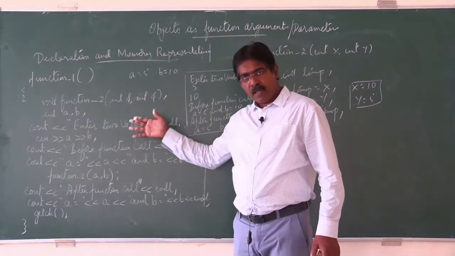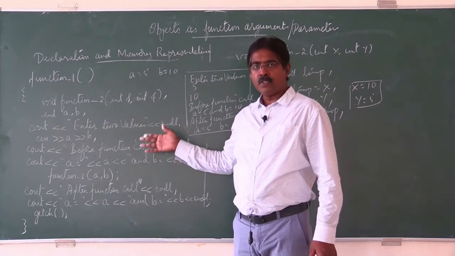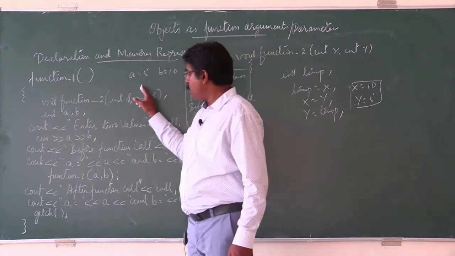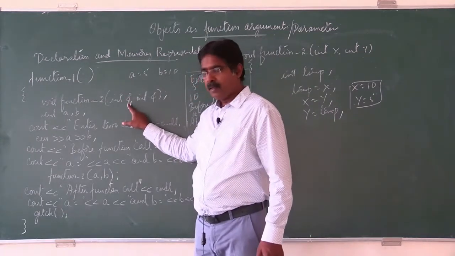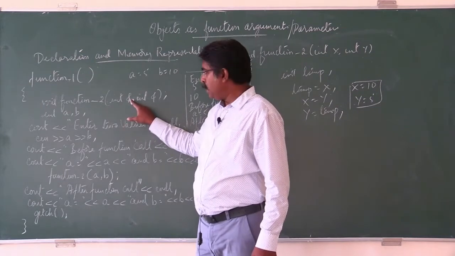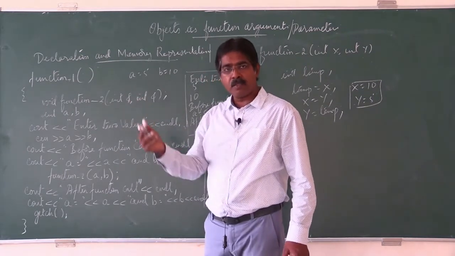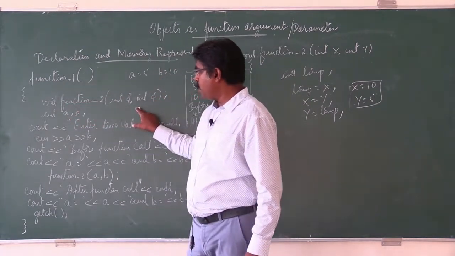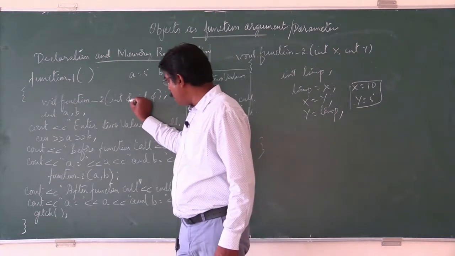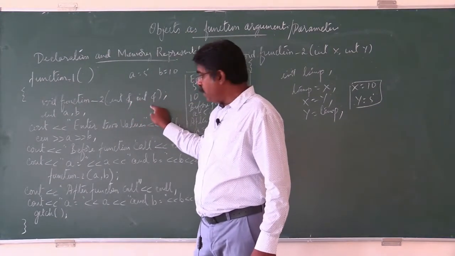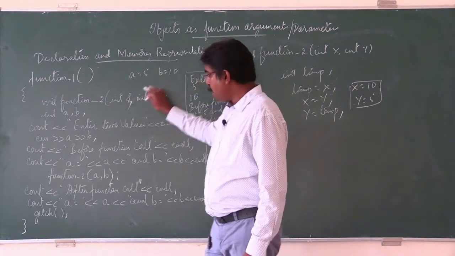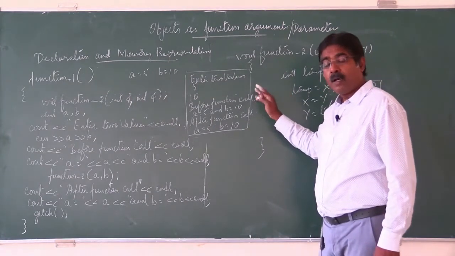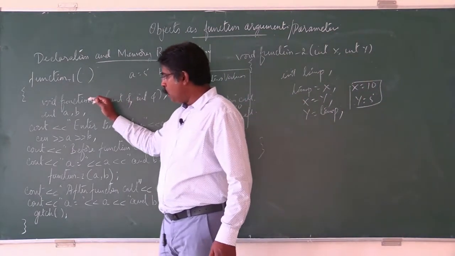I have taken the same example with a little modification, so we will check how pass by reference works here. If you check here, I have taken the ampersand, that is the address operator. Address operator refers to address. In the function prototype, void function 2, I have taken int ampersand comma int ampersand. That means two arguments, and here I also need to change the function header of the second function, or the called function. So let us go through the program again.